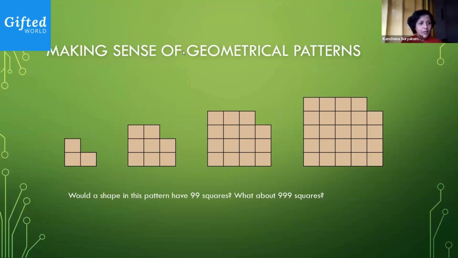Okay, a lot of yeses. Why 99? Someone is telling me 10 into 10 minus 1. Very good. Would it be the 10th picture, Lakshit? Think about it. Would it be the 10th one? But you're close. Yeah, 10 square minus 1.